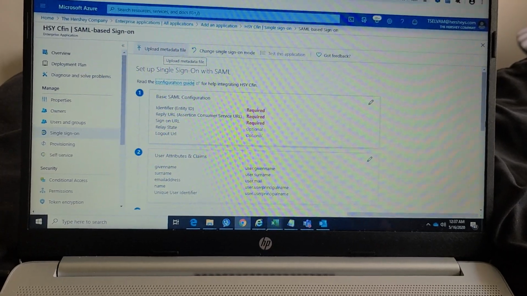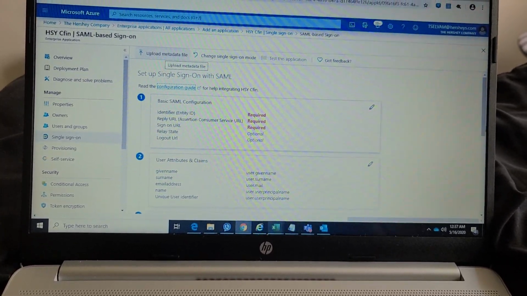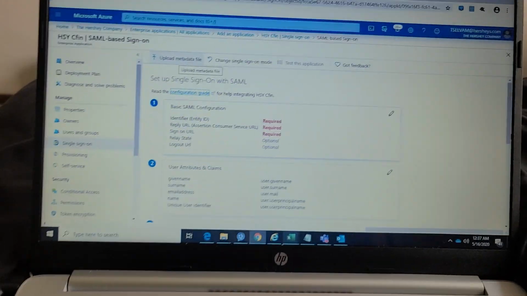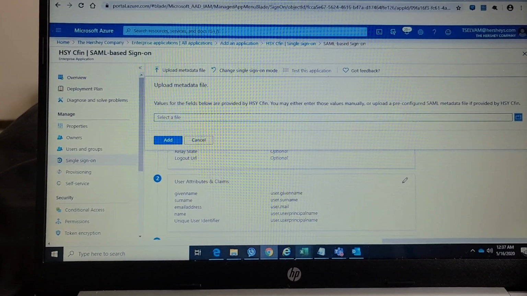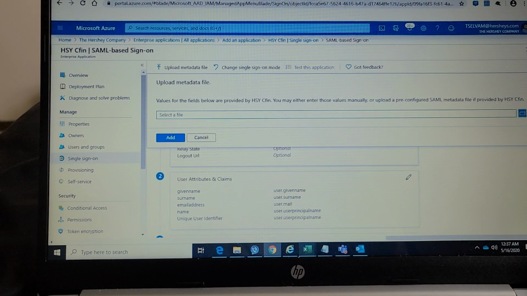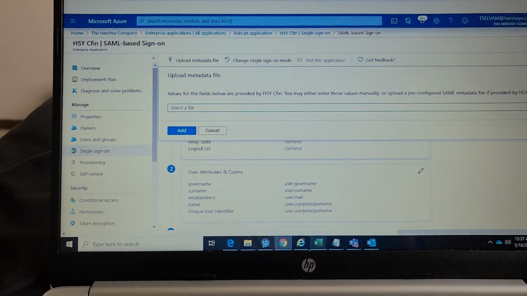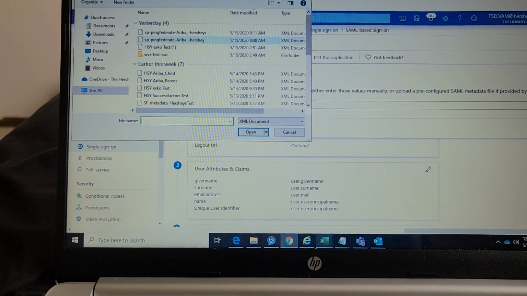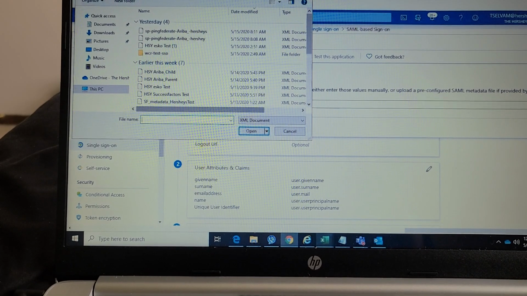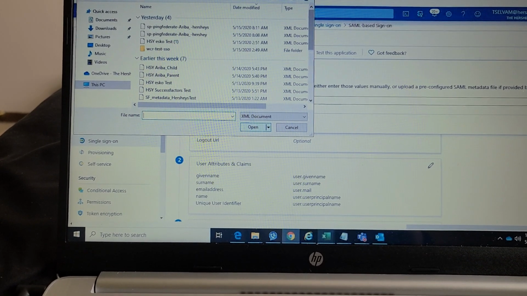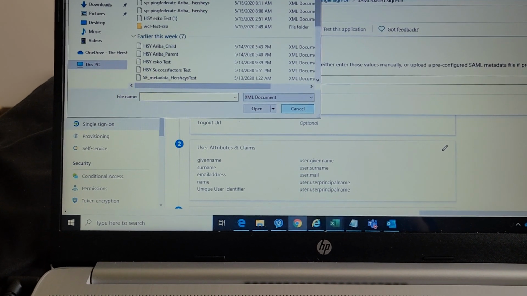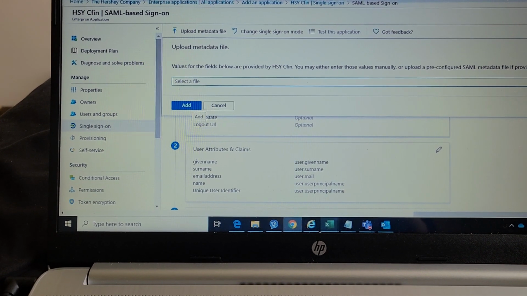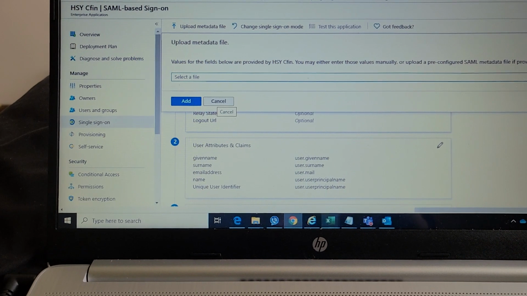You just download it and save it in your system, then click on upload metadata file, search for the file from your system, and upload it. Just select the file and click add.